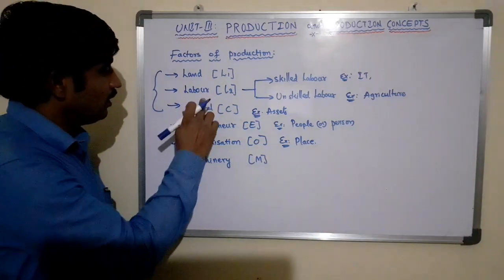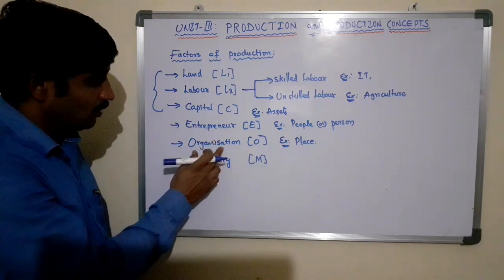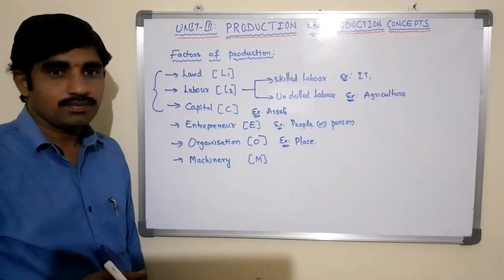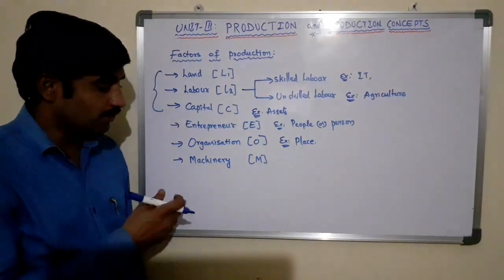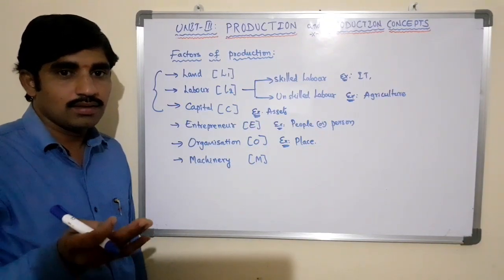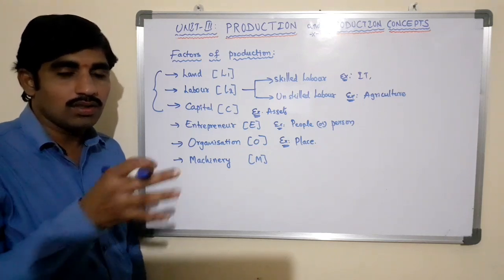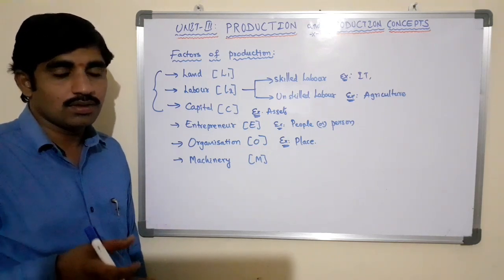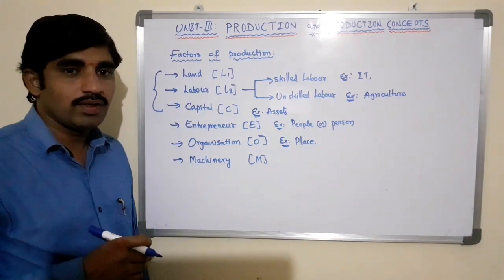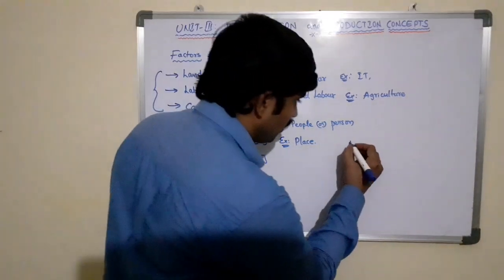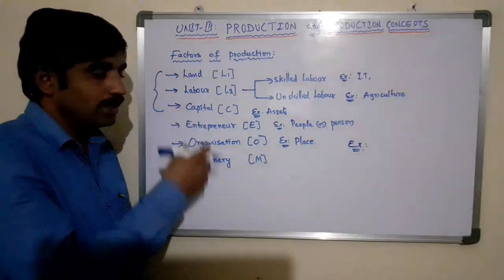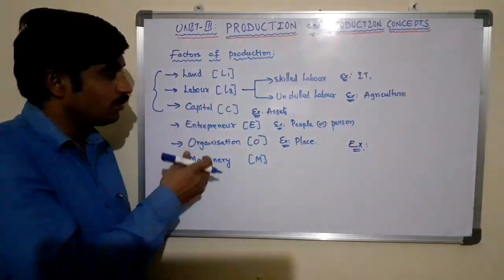What are they? Land, labor, capital, entrepreneur, organization, machinery. If you want, you can take other factors also, like water, fuel, gas, lighting, air. So all the other different resources are inputs based on the requirement. We need to take them into consideration while producing the product. Let us take an example. Based on the nature and the requirement of the producer, we need to engage and take up inputs to produce the product.